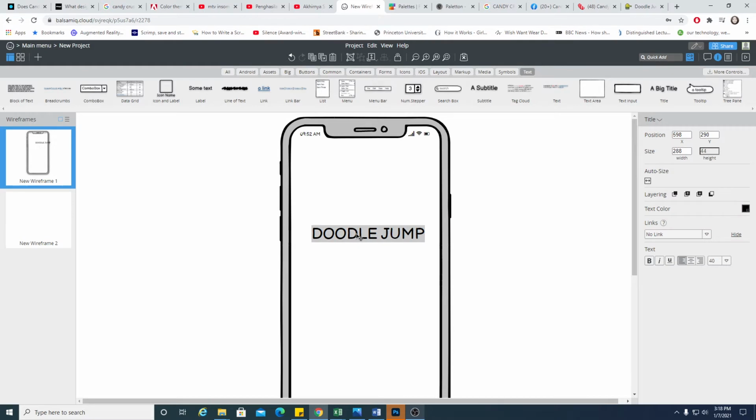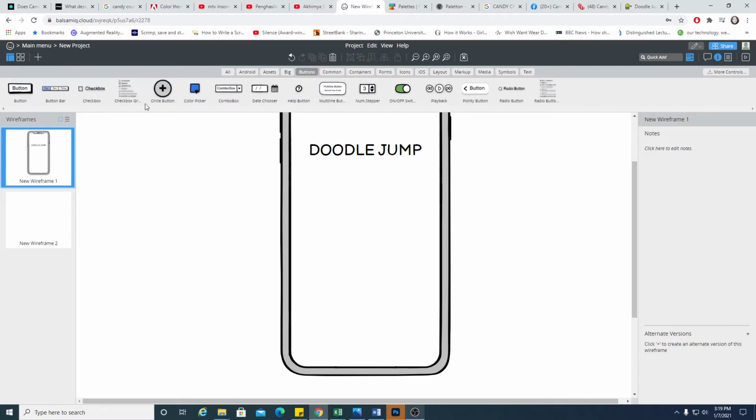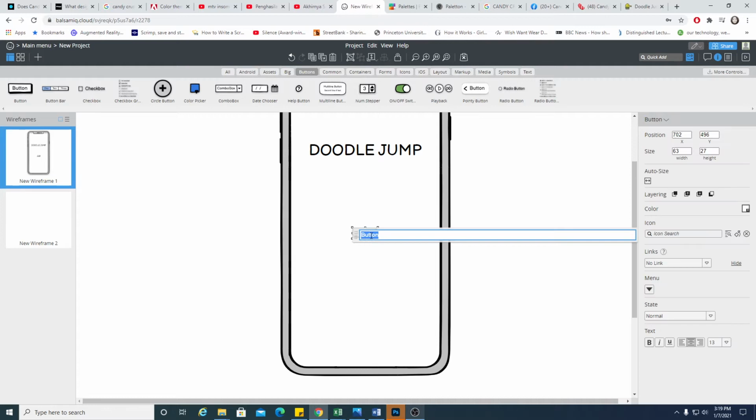Okay, Doodle Jump. That's my suggestion, and in here is button. Okay, button here is play,